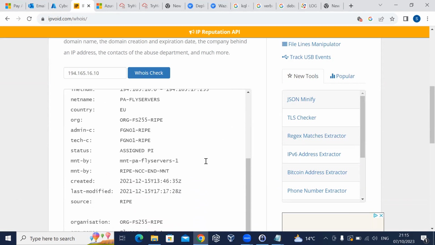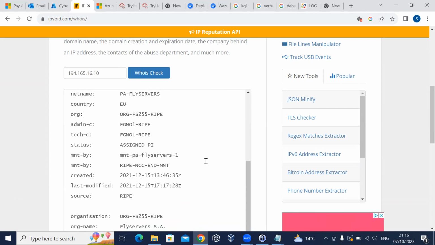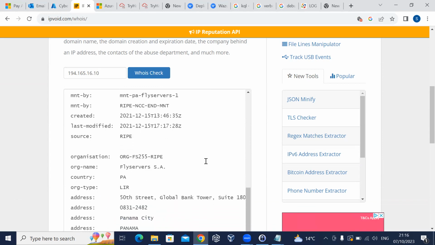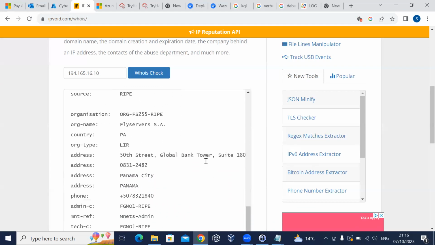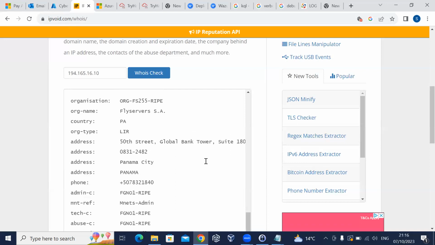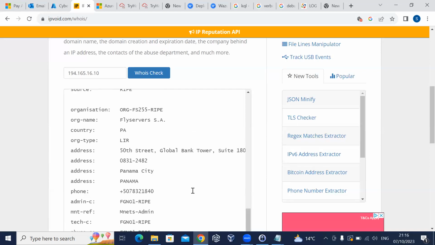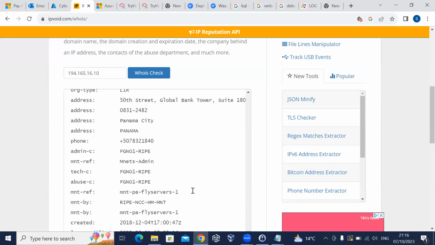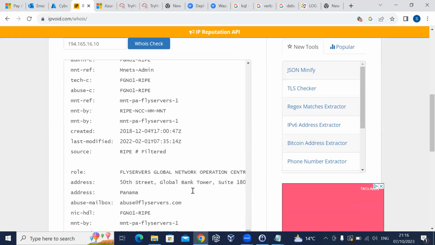So which country is this one coming from? It says it's EU, but EU is not a country. Bahamas. Okay, no, this is where it's registered. So, organization. Yeah, so we should be able to find it. Go to